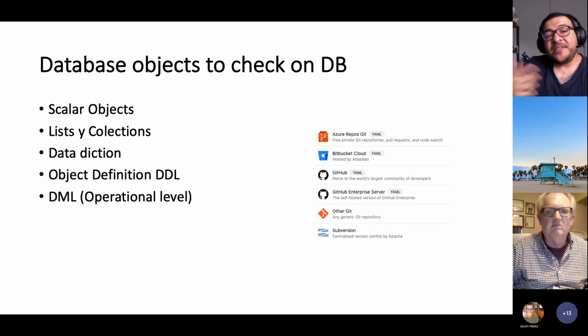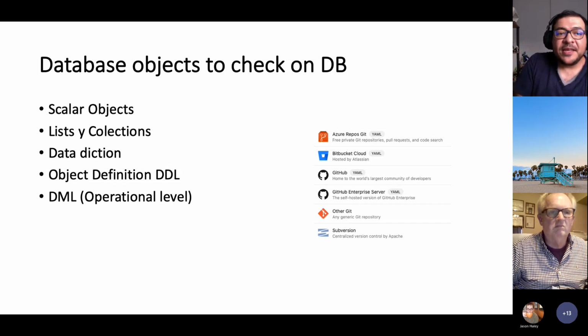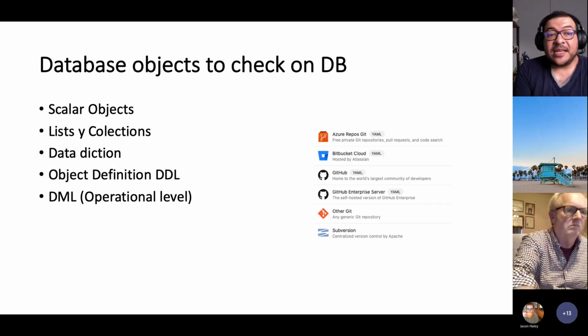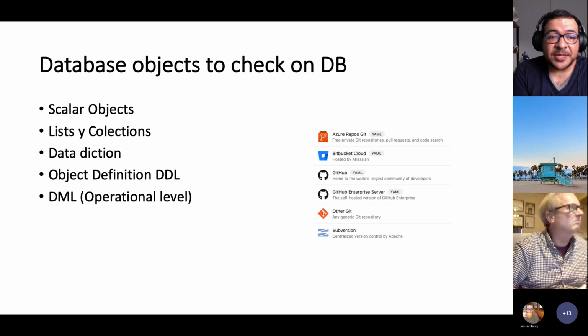Every time we integrate a new version or do a PR, we're doing something to the database because it will run there, unless we say that we're not going to do it. But we need to be very careful that everything is on the latest version. So what we need to think about are all these objects: list, collection, data dictionaries,